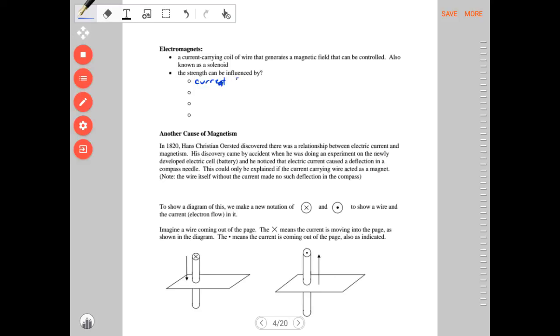Current through the coil. Wow, I'm just doing great on this writing stuff, eh? There we go, that's better. So the current in the coil. Okay,